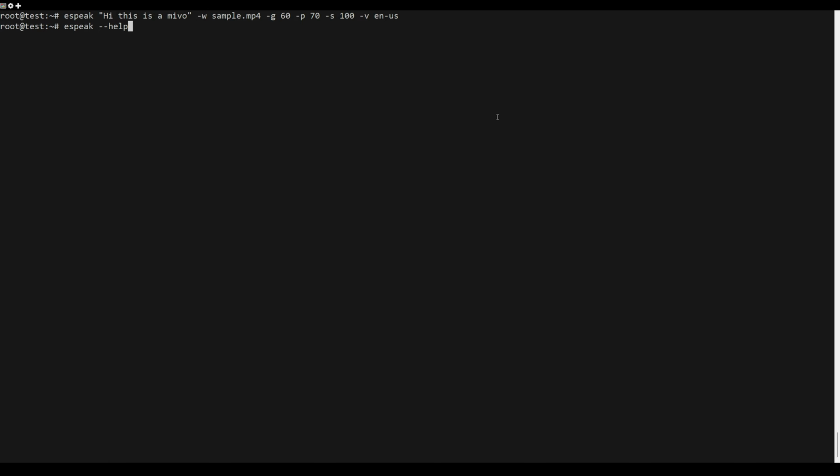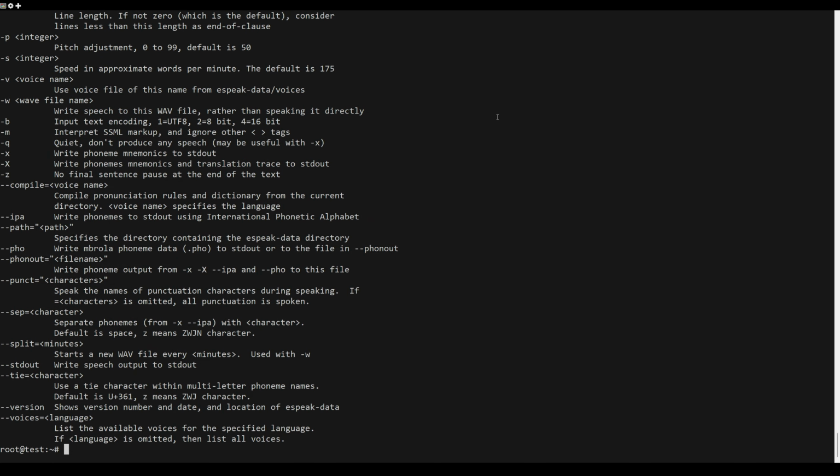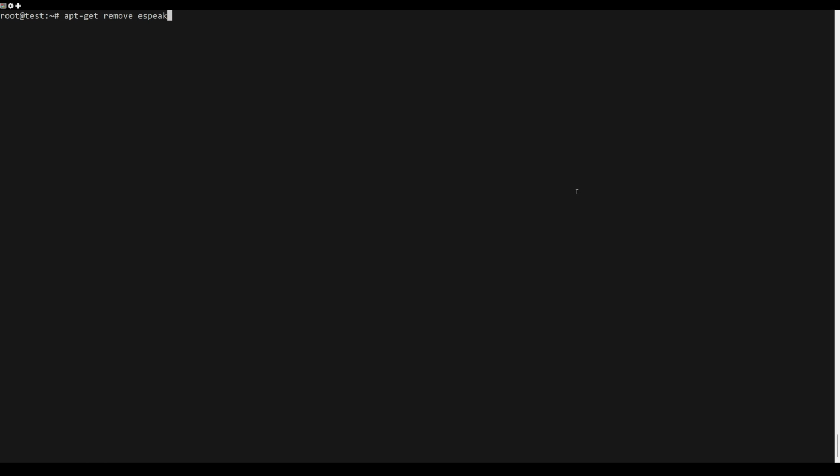There are many other ways to use eSpeak to read texts. Use the help option to find out. To remove eSpeak from your server,